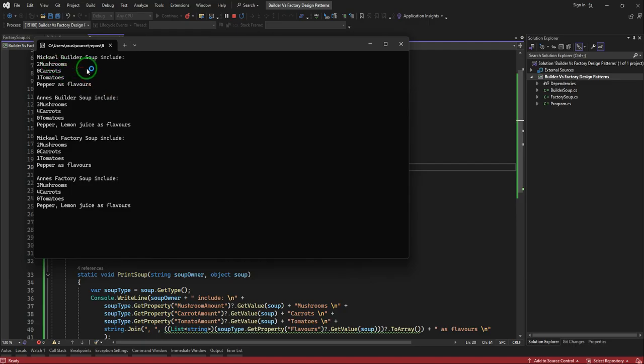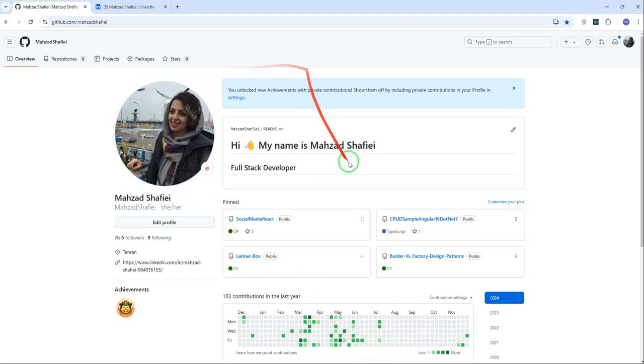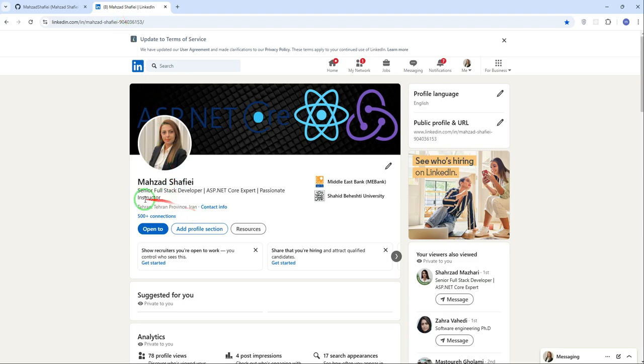Okay, we can see the ingredients of our friends' soup here, just like this. I will commit and push this code to my GitHub page. Please check my page and see this repository for the full version of this code,